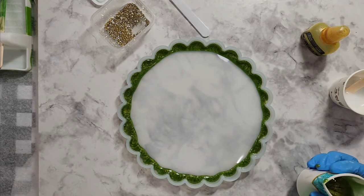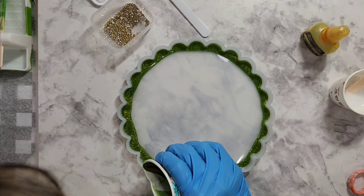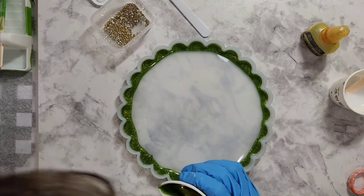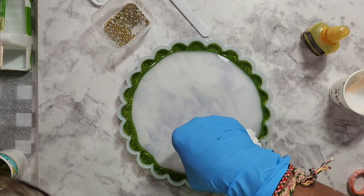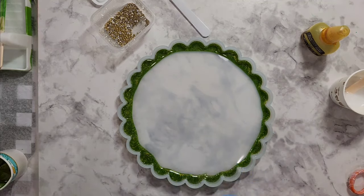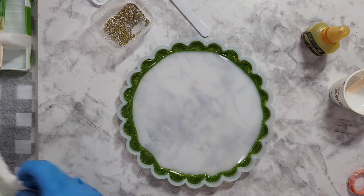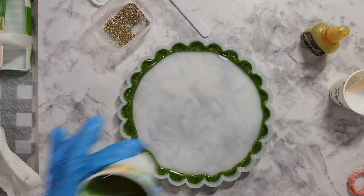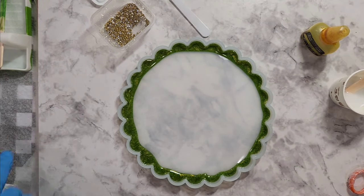Now I'm just going to see where I may have a thin spot or missed the edge. Whoops. Oh, gosh darn it. Of course that would happen. Take that off. I'm just looking at the edge. I see one a little bit thin. Sorry about my head, but I just want to make sure. Oh, I guess I didn't need 36. I don't want a lot, so there's quite a bit left there. Gosh darn it. You know what? Maybe I'll put it in another...